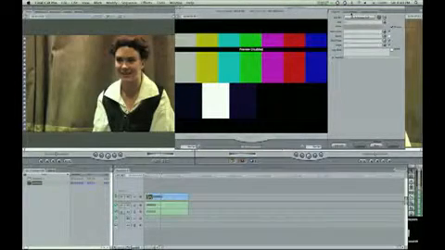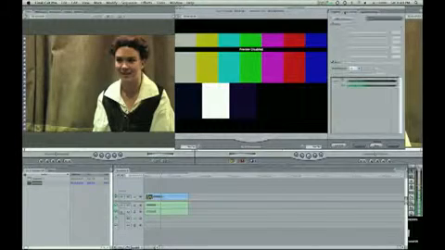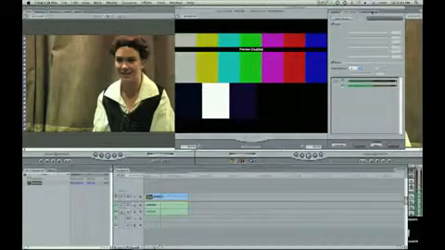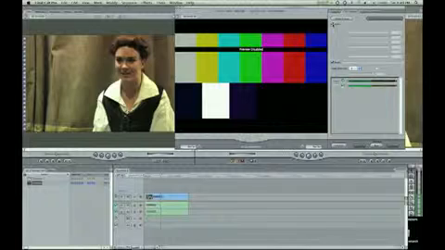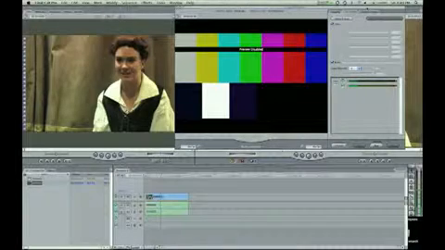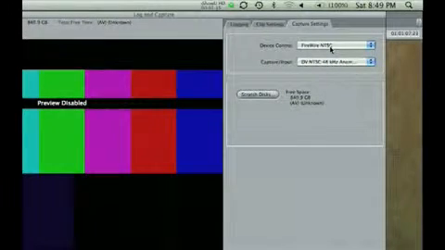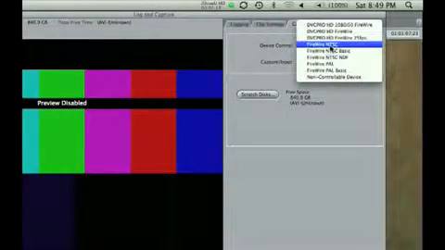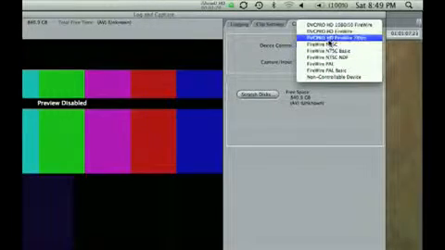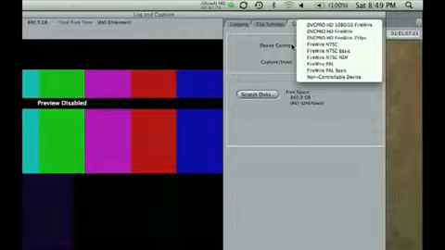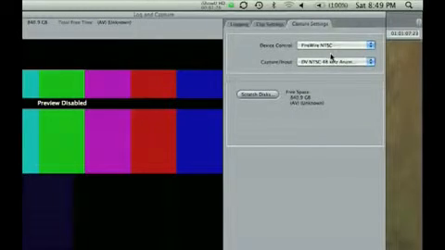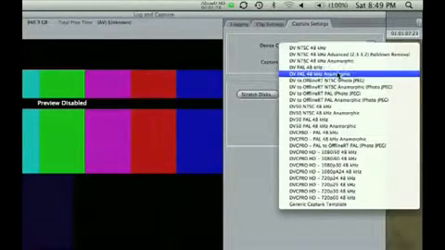Okay, so you can do all your logging stuff here. I'm not going to explain that. Clip settings, make sure you're selecting your video and your audio. And then here's the most important part, your capture settings. Let me zoom up here. For your device control, if you're using FireWire, select whatever device you're using to get your footage in. Select that. Your capture input needs to be DV NTSC